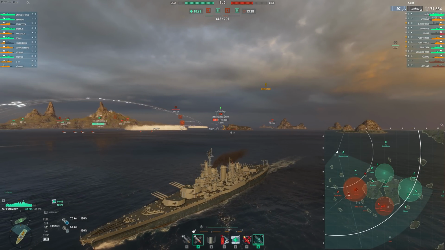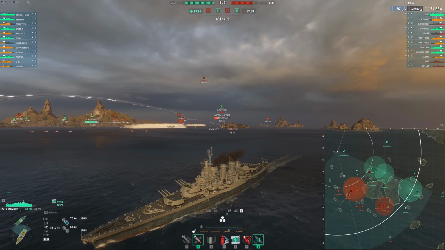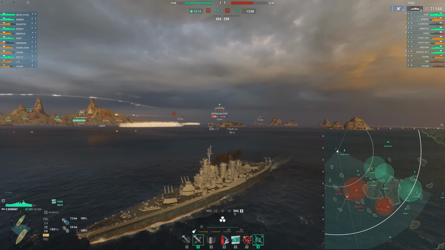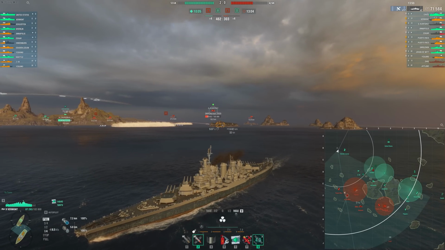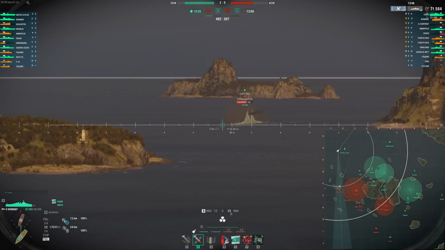This is a hard thing to balance, actually. When you're the battleship kiting away and your cruiser's taking all the focus fire, which is good play by the enemy team, that's what they should be doing. How do you as a battleship player force them to focus on you? Well, you play closer, right? You let your